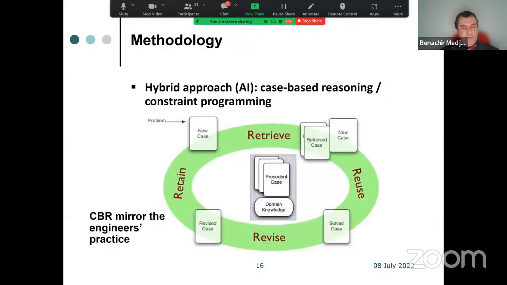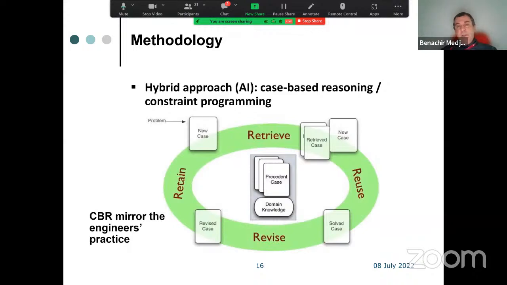It's a technique which allows you to develop a knowledge base, so that if you have a new problem, you can use that knowledge base to solve new problems. And this really mirrors very well the way designers, building engineers, or building services engineers practice. If they have a new problem, they see if there is something similar which has been done and they try to adapt it. Mainly if they have 2D drawings in CAD, it's quite easy to copy and paste and adapt what you have already done in similar buildings.